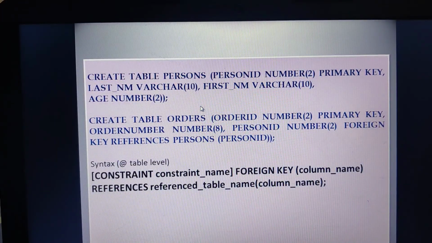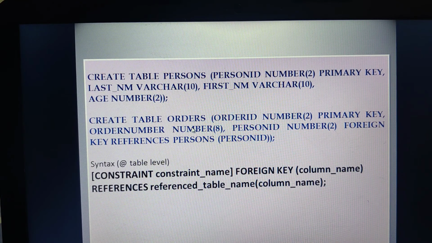Similarly, I have created another table known as orders: create table orders with the field names order ID, which is again a primary key, order number, and person ID. Are you observing this? Person ID is a common column which is there in the persons table as well as in this orders table.